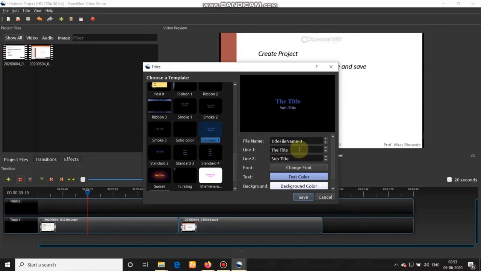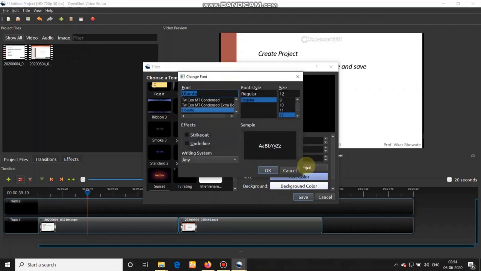We just give the name of the title in line 1. You can also give the name of a subtitle. You can also change the font by clicking on font and selecting any of the fonts that you want.